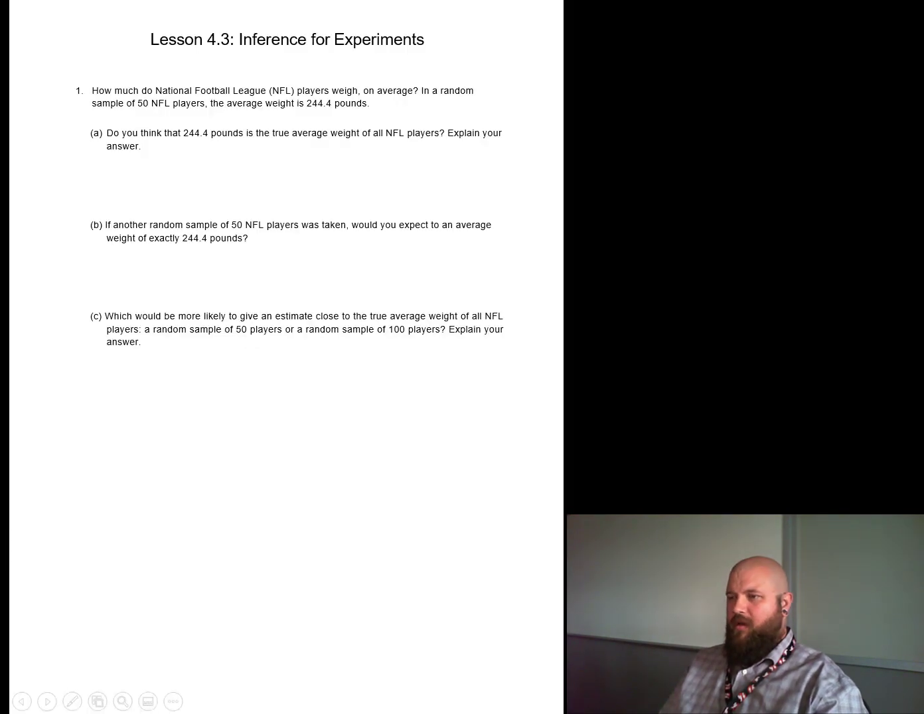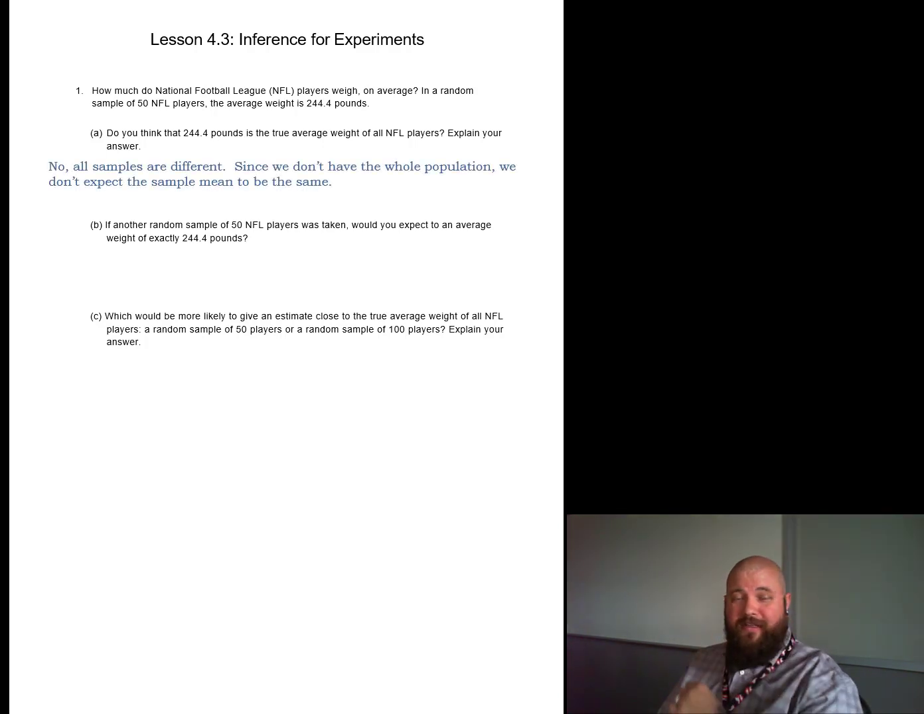All right, so on this first part here, how much do National Football League NFL players weigh on average? In a random sample of 50 NFL players, the average weight is 244.4. So with this, the first question is, do you think that 244.4 pounds is the true average weight of all NFL players? And explain your answer. Well, I would hope that you think that's a little low